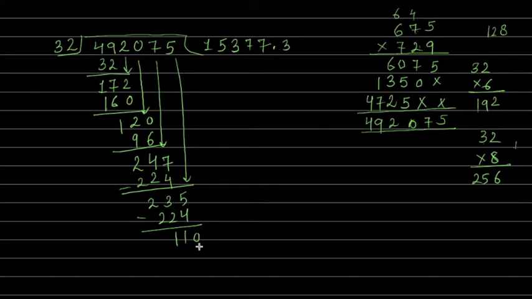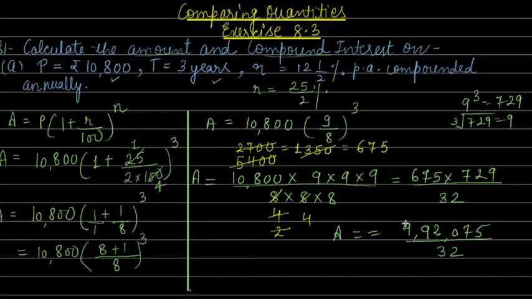Maximum 3 times. 3 2s are 6, 3 3s are 9, 1. Again you can add 1 0 and we did 4 times is 128. So we will do 4 times, which gives you 128, and on subtraction your remainder comes out to be 12. So we will not go further, we will just calculate till 2 decimal places. Therefore, if you go to the previous page, the amount we have calculated comes out to be 15377.34, and we have written rupees here. So this much is the amount we have calculated.